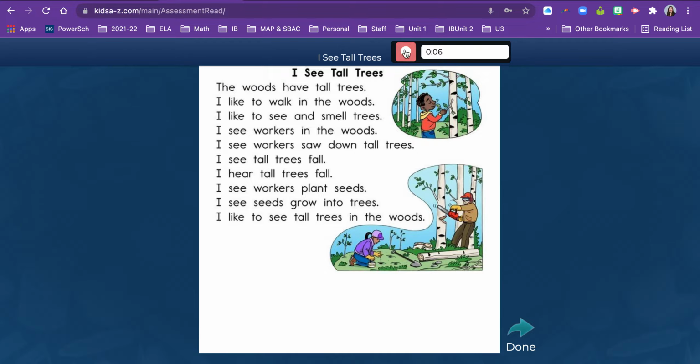I see tall trees. The woods have tall trees. I like to walk in the woods. I like to see and smell trees. I see workers in the woods. I see workers saw down tall trees. I see tall trees fall. I hear